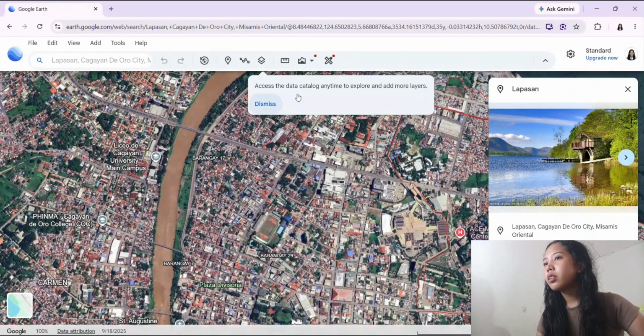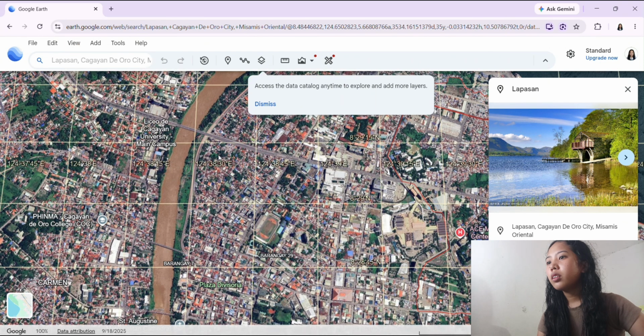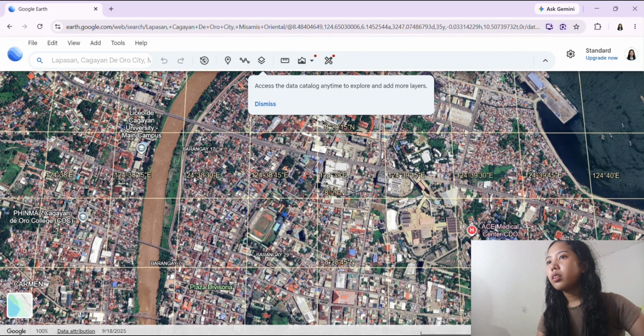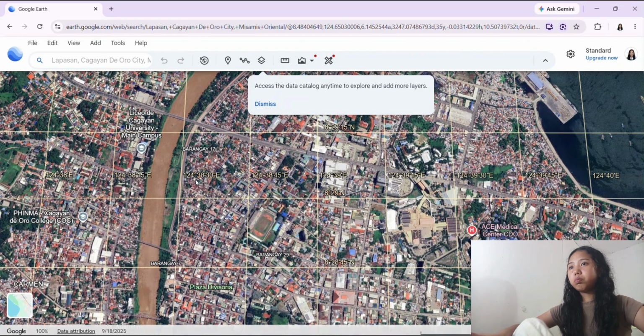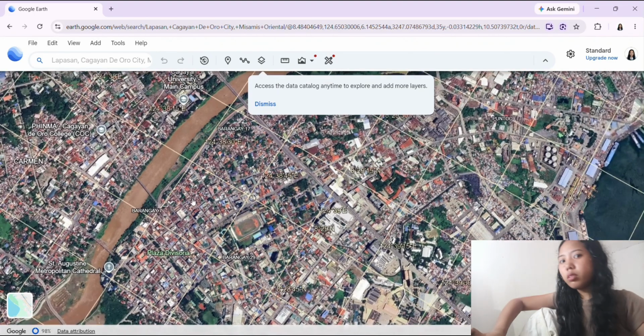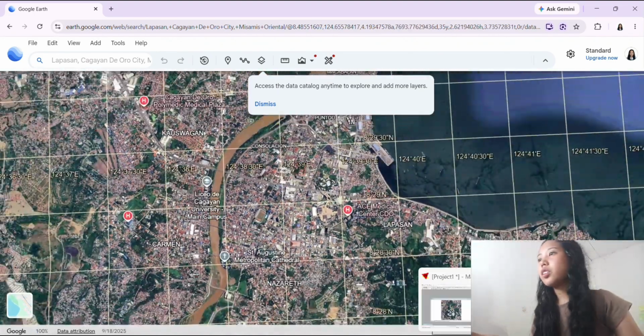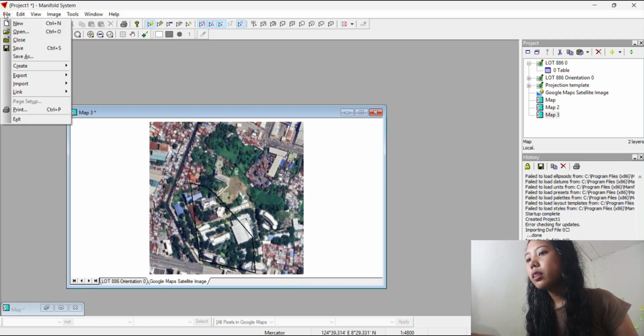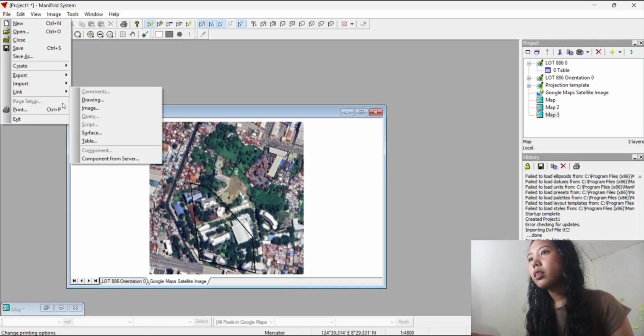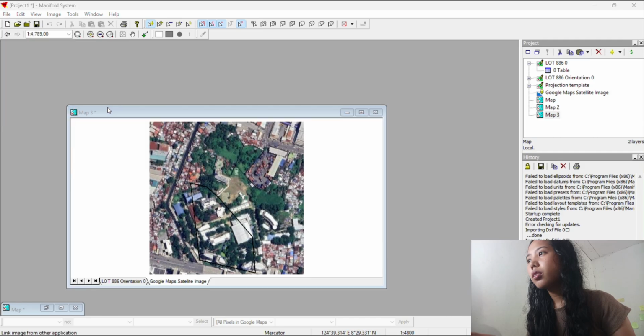Open Google Earth, search, File Explorer. Then search Lapasan, Cagayan de Oro.